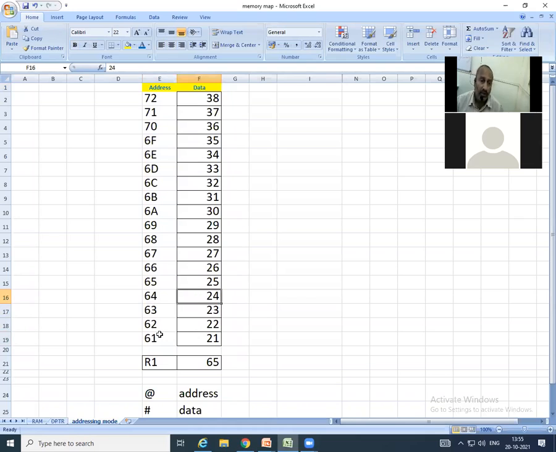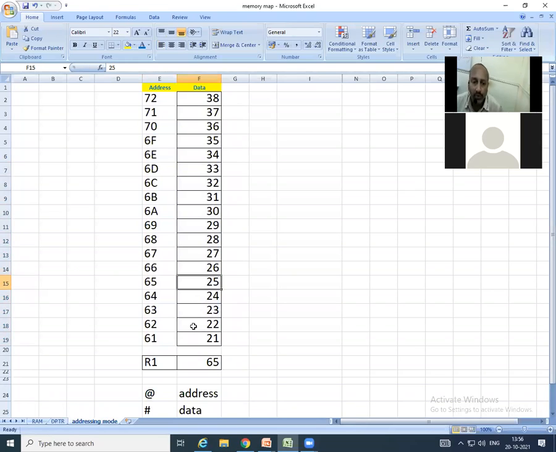As we know, in a city there are so many houses, and each house has its own address. In each house, multiple members are living, so that becomes the data of that particular house. And 61, 62, 63 are the addresses of each house in that city. So this is what the address lines concept is, and the data is whatever is written in the data column.